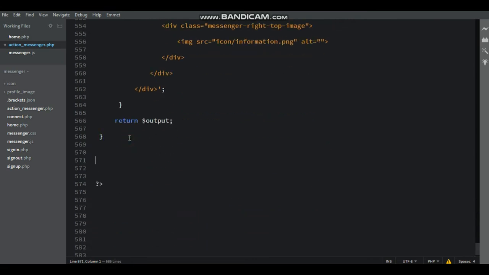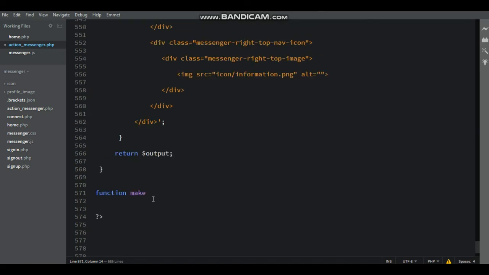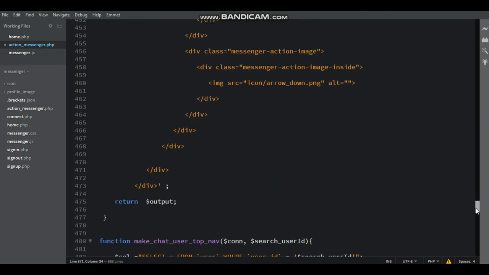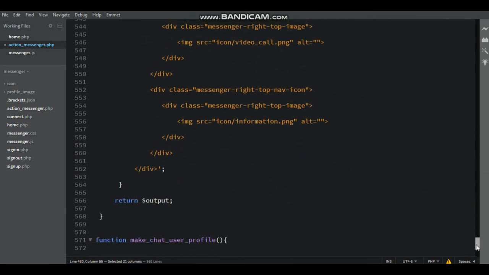Now one more function. Here make_chat_users_profile, open and close bracket, after that open and close curly bracket. Here just copy the $connection and $users_id and paste inside that.